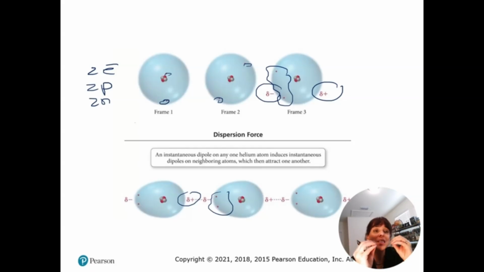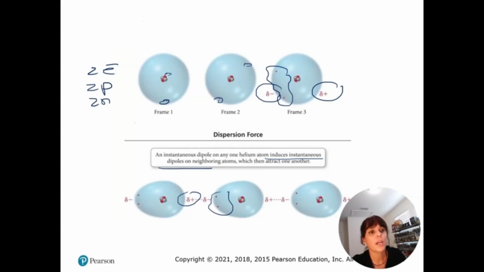This is called instantaneous or momentary. This is what we call an instantaneous dipole: on any one helium atom it induces an instantaneous dipole on neighbor atoms. Then they attract each other. They are always in movement, so that will form a momentary intermolecular force, and it will break and form another one, and break and form another one all the time. So that is a weak intermolecular force, but of course it can be stronger if you increase the number of